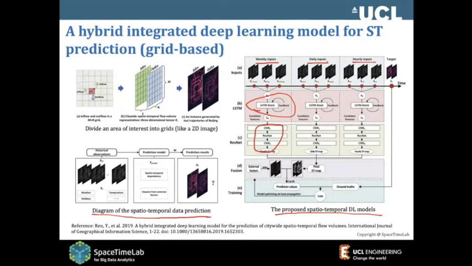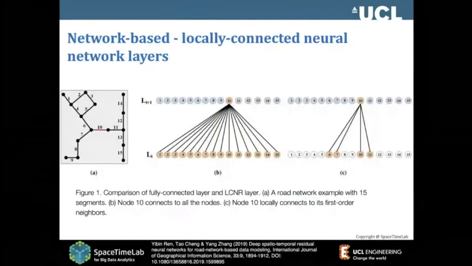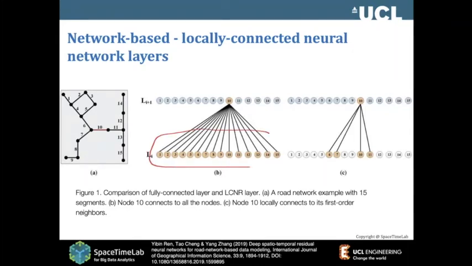So how can we move from grid-based to graph-based? Later on we said, okay, this is not accurate enough. People don't work on grids, they work on networks. So we said we could move to networks. How do we represent it? Look at this graph here. As we said, we can define the spatial adjacency. Conventionally, most neural networks call this a fully connected network.